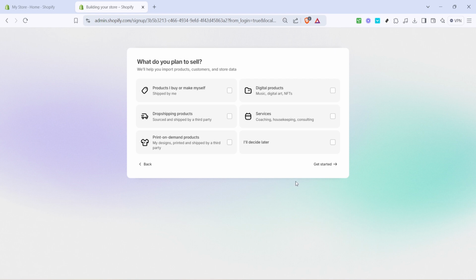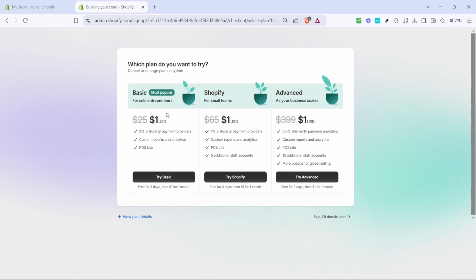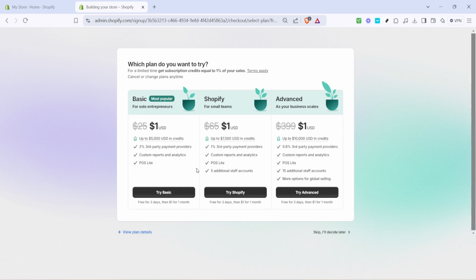You're almost there. When you reach the final options, review them thoroughly. After making the final selections, click on the button that says Get Started. This will bring you to a page where you can choose a plan for your new store. Shopify offers a range of plans to fit different business needs and budgets. Take a moment to decide which one is the best fit, or if you're still unsure, you can click on